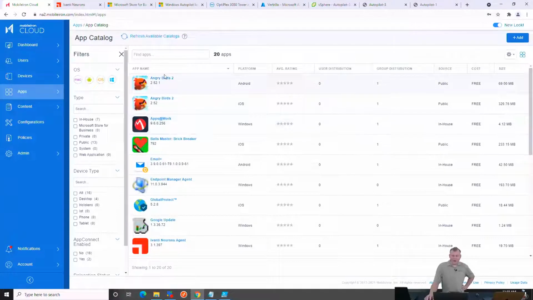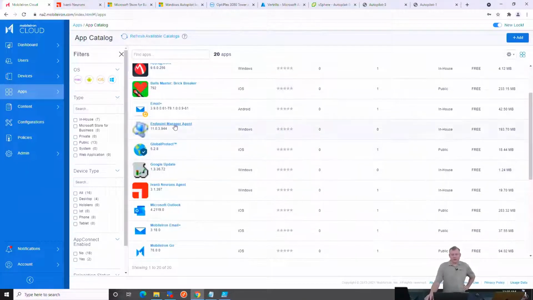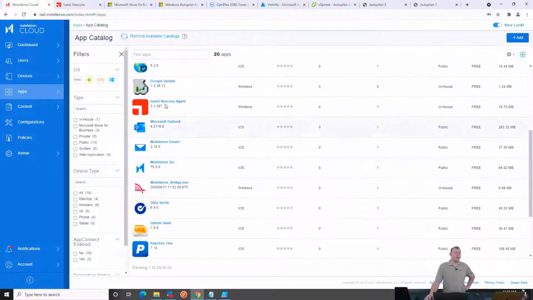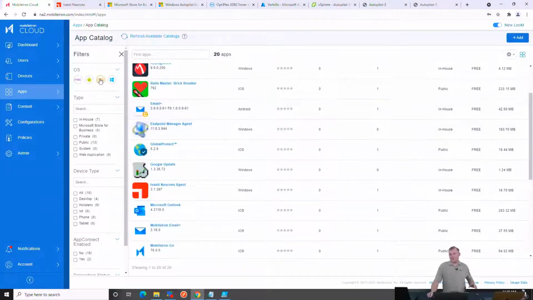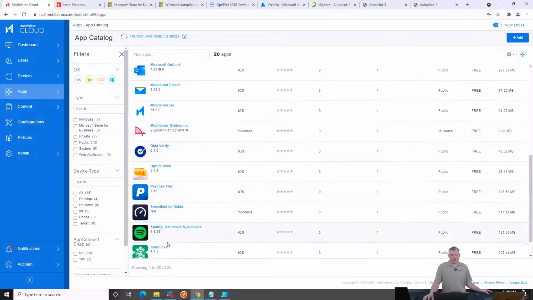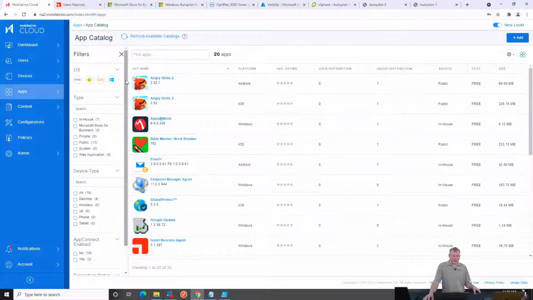Some of them are delivered to us by the manufacturer, my Angry Birds up here at the top. But then down here at the bottom, these are my specific ones. Like here's my Endpoint Manager agent, or here's my Neurons agent. So that's using that bridge software, the Mobileiron Bridge, to be able to install a traditional app, just like an exe or a batch file or something like that on a traditional machine. So all these applications and all these configurations you're going to create on your side. And then when you're ready, you actually just enroll the device, and the device can now